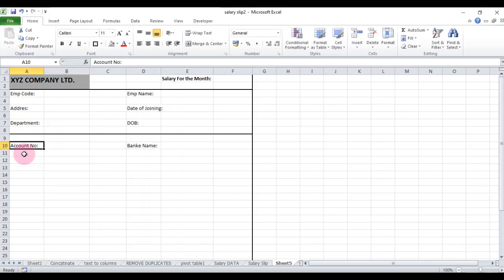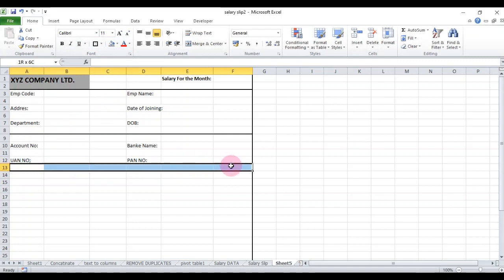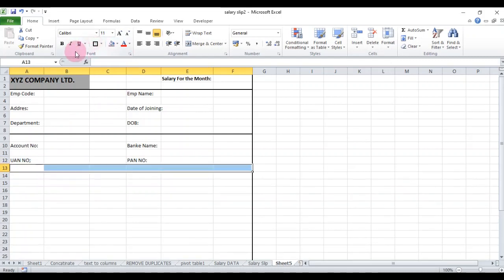Here you can type UAN number, PAN number. Then again here you put a border and also fill this.